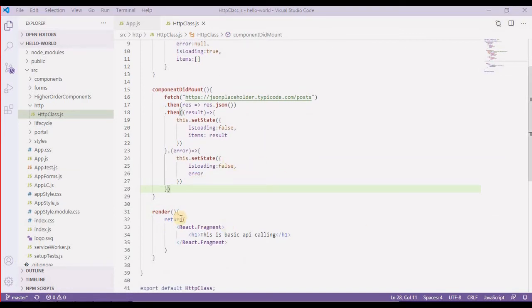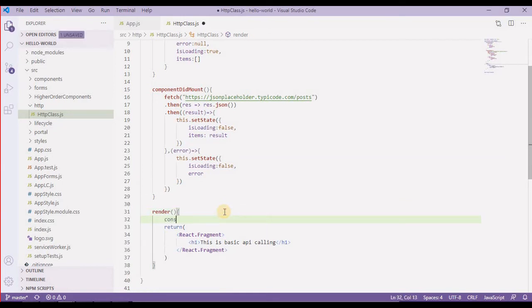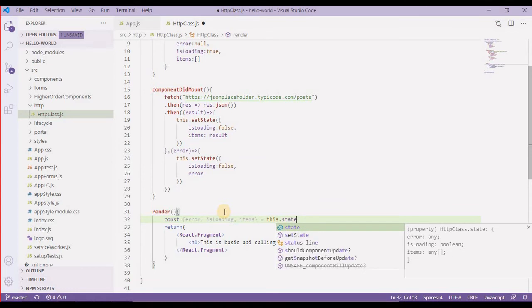Now in our render method we have to handle this error. So for that I am going to take one constant variable, which is nothing but the destructuring of the state. I am going to take error and then isLoading and also items from the state, and this is equal to this.state, as I am destructuring the state.